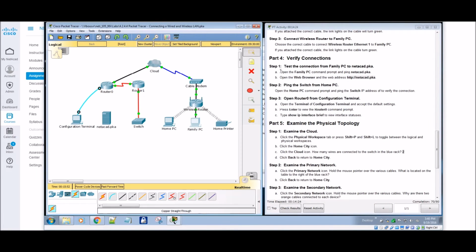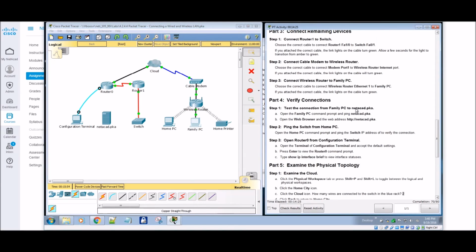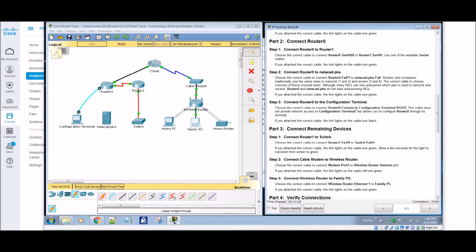And we're not. And why are we not? Because I never connected the net. Did I miss that step? I think I missed that step in the router 0 to netacad.pka. I skipped step 2. So this is another good example in the video here. And if you've watched my videos, you know I don't always do them 100% accurate, and I don't go back and re-record them. So you get to see the mistakes that I make.